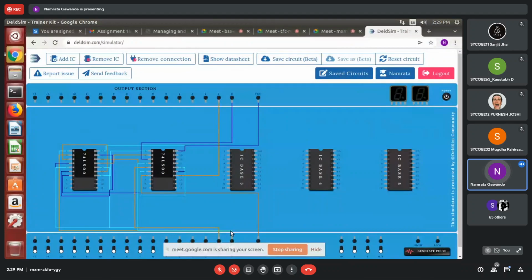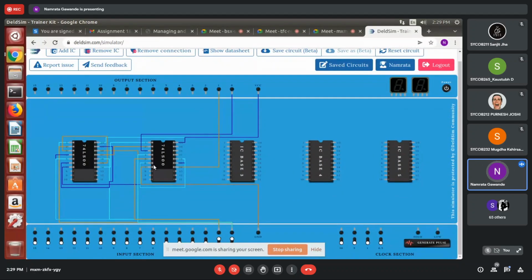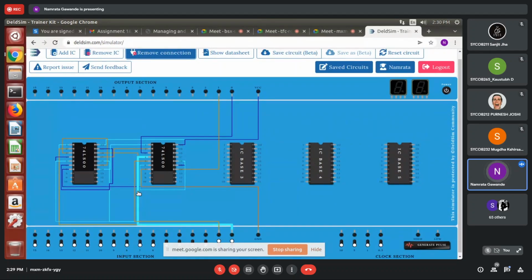So A bar means which pin number? Pin number 3, right? That we need to pass on to pin number 4. Pin number 4, I have taken it as A. So I will remove this connection. Remove connection, pin number 4, this.